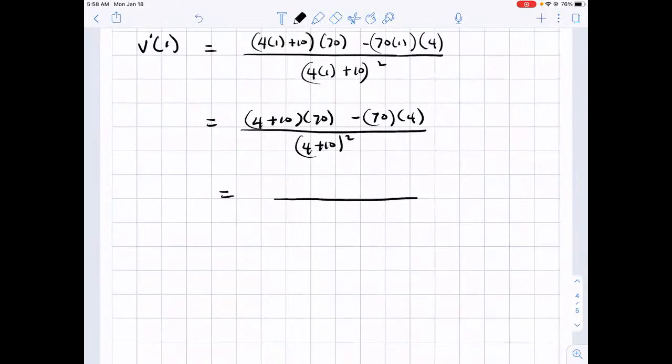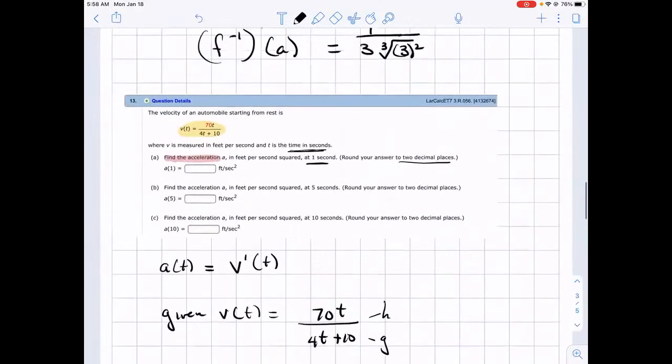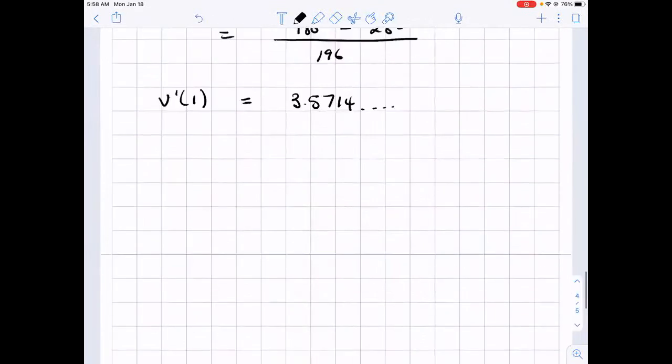Multiplying the two first, 14 times 70 will give me 980, and 70 times 4 is 280. 14 squared is 196, and v prime of 1 will be 3.7514 dot dot dot. Your question says to round to 2 decimal places, so v prime of 1 will be